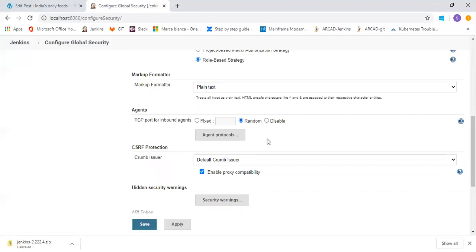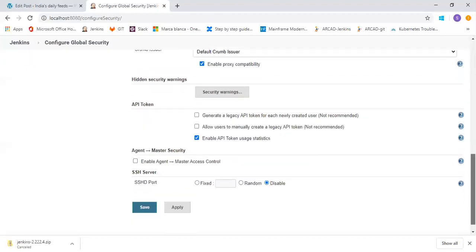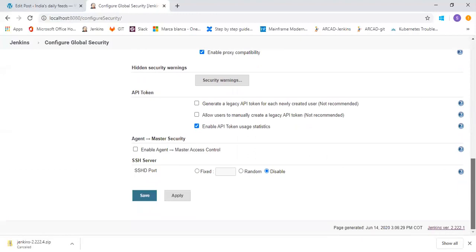But when you do your master-slave configuration in Jenkins, you have to select one of these options, random or maybe fixed. Okay, that's it for global configure security.